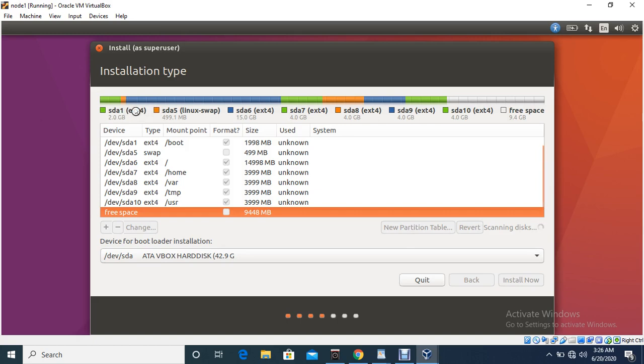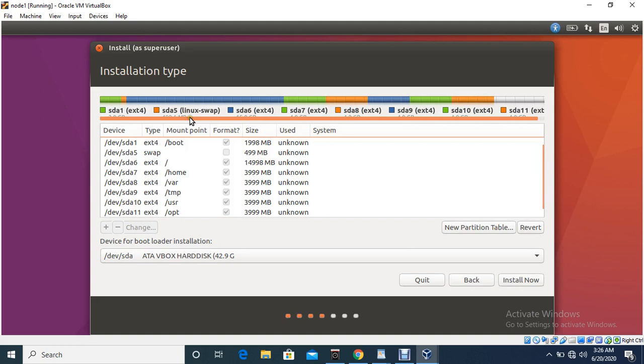So you can see whatever you created is showing here at the top, sda and everything, whatever you created. Now everything is created fine, right?